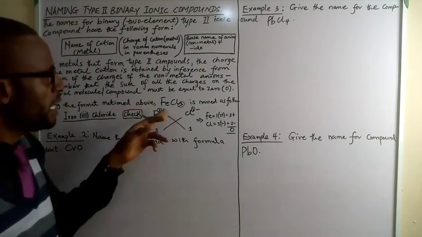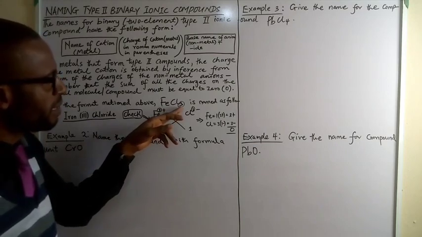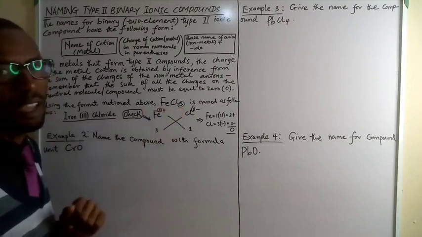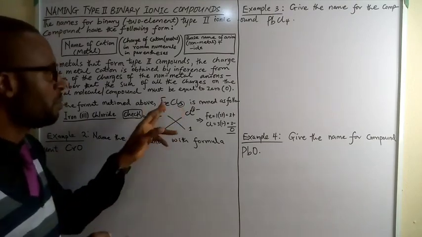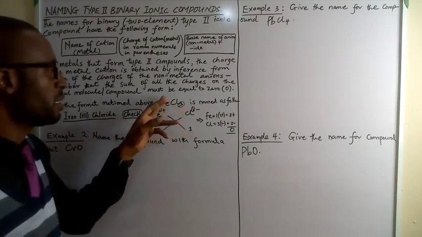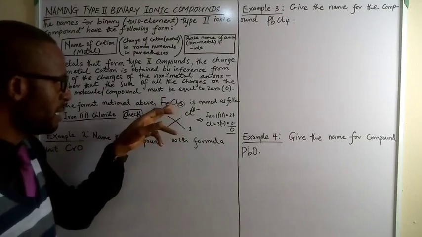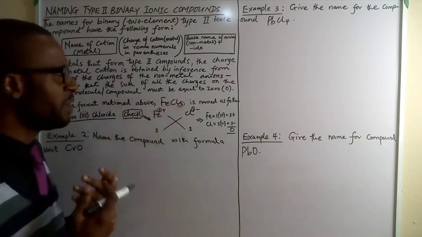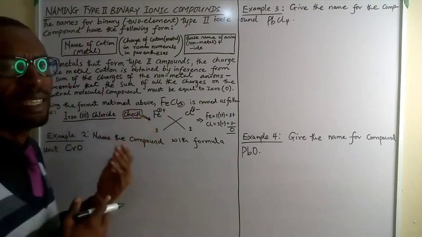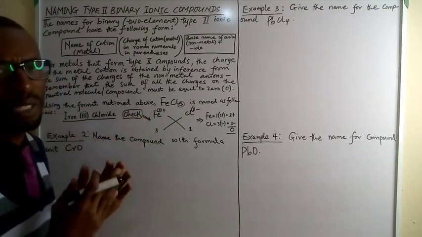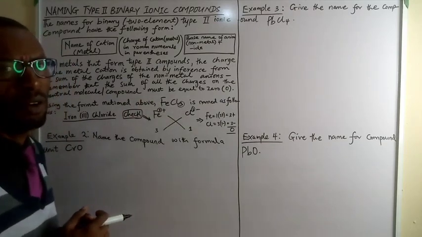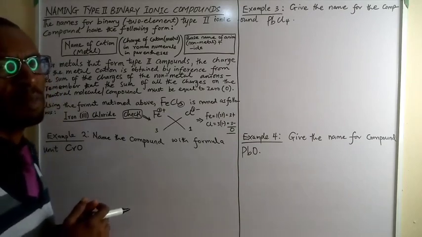But here, since you have seen Cl3 with subscript 3, that 3 is the charge of the iron. It's that simple. Had it been FeCl2, the 2 would have been the magnitude of the charge of the iron. In forming the molecular formula of an ionic compound, we exchange the magnitudes of their charges, using each to form the subscript of the other ion, or the other element in that compound.